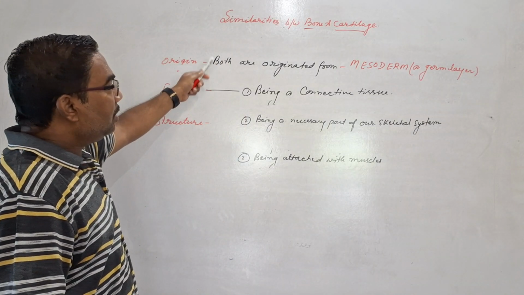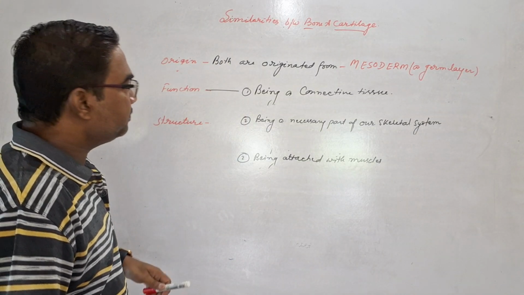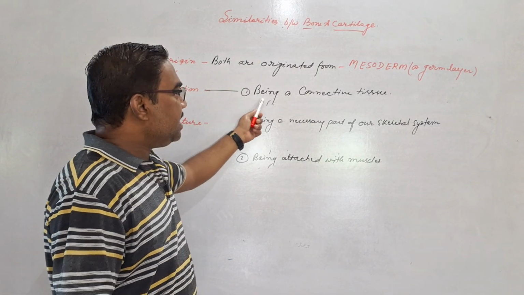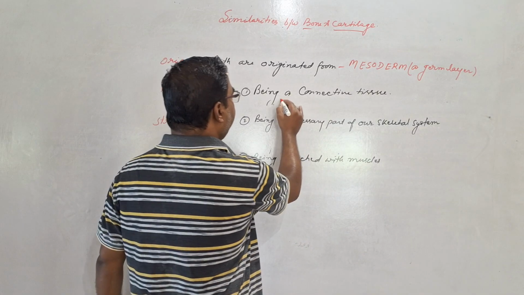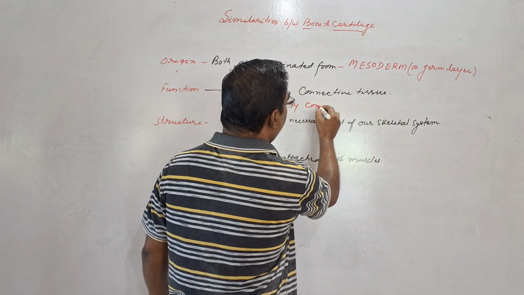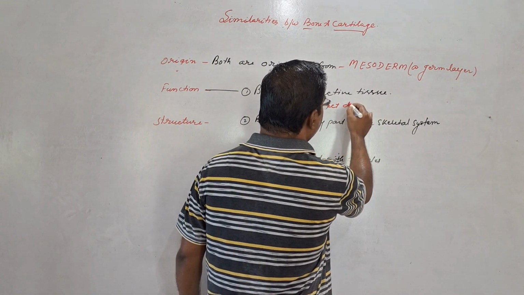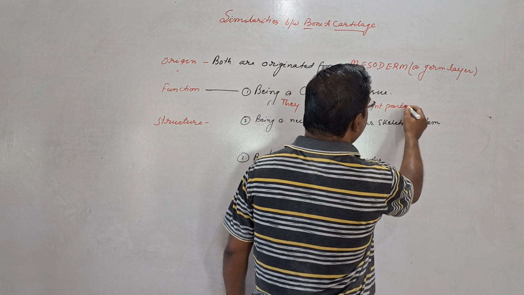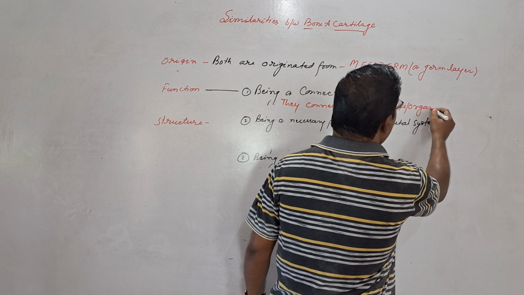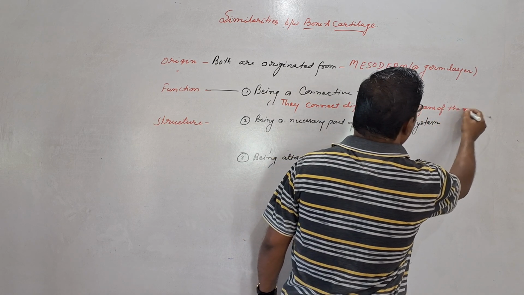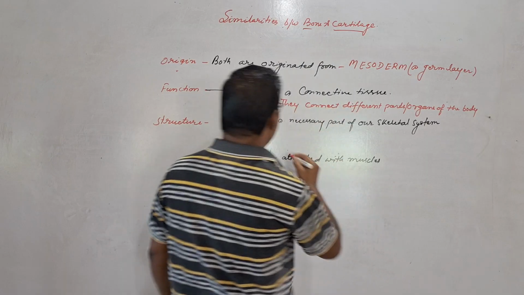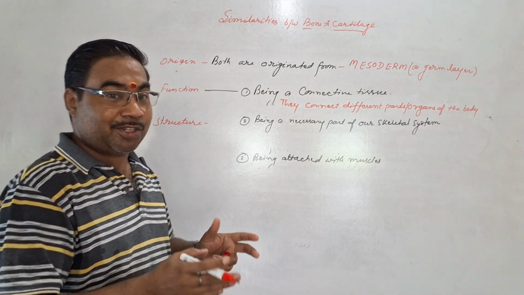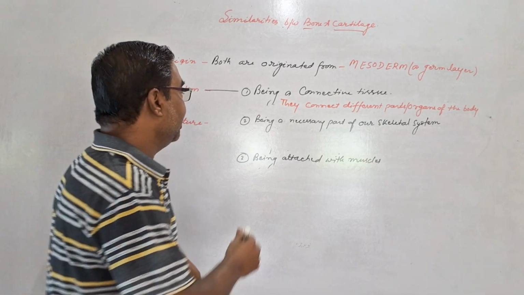Now, all the tissues should have common functions as per the definition. What are the common functions of bone and cartilage? Being connective tissue, they connect different parts or organs of the body. Being a necessary part of our skeletal system, which is made up of bones and cartilage,